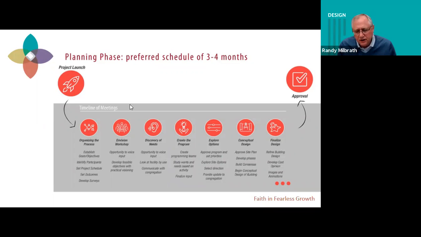We're going to take that and put it into a written program that identifies all the spaces, and then we're going to do what architects do, what you think of architects doing, and that's developing site plans and drawings of how this would go together, and ultimately what it would look like and what it would cost in order to start raising the money or borrowing the money for implementing the project. I'm going to return to implementing the project in just a minute, but if we move forward for the sake of time, Dennis, the next slide.